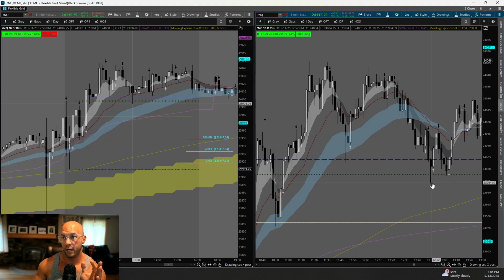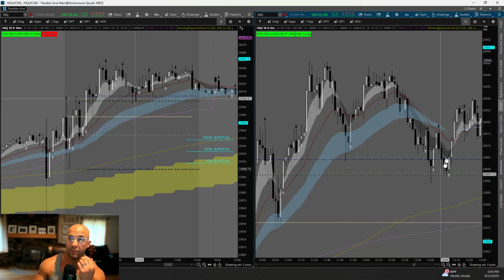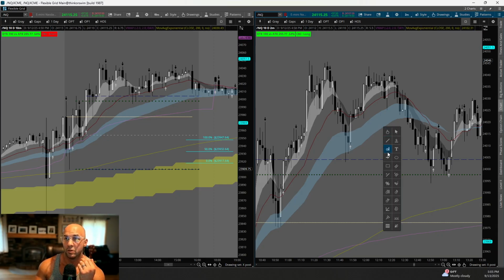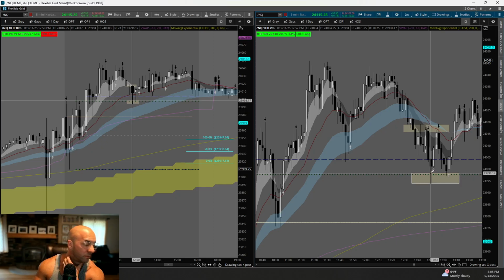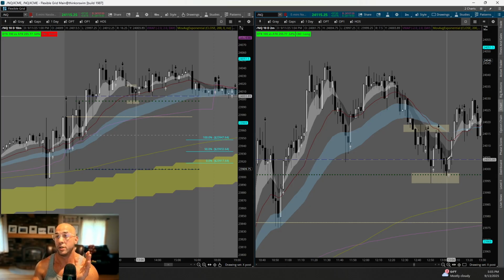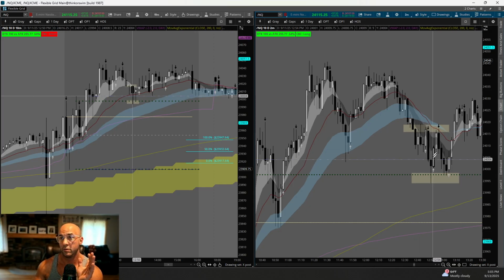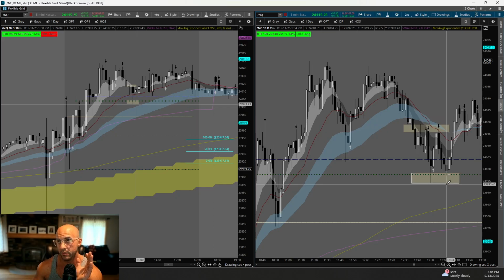When we come down and we've broken the ORB high, we've broken through a key level and we cannot close below it, and we snap back up to the EMAs. So now you have this very micro, I was going to call that a consolidation area, right? It's just this little range. We went down, we went up, went down, went up, and when we go down here this one last time,